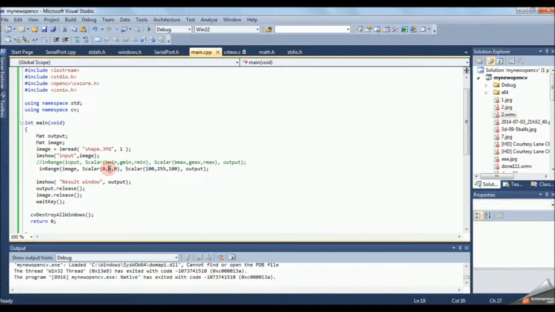Similarly, this is minimum for green color, and this is maximum for green color, and this is minimum for red color, and this is maximum pixel intensity for red color. So it is equivalent to the if else statement, in which we can directly give the minimum and maximum value, that is the range of the color matrix, to filter out a particular color.